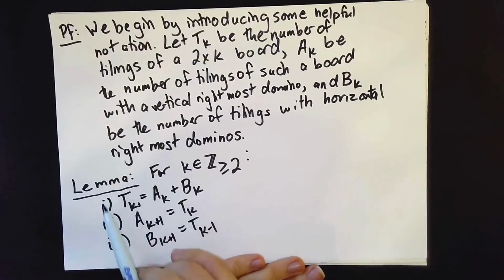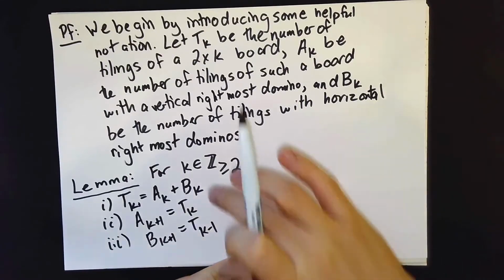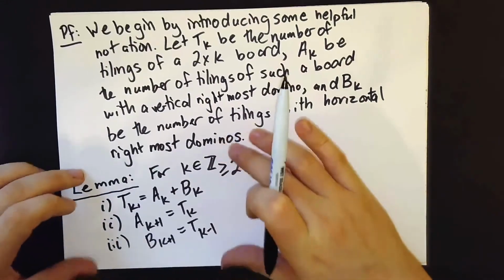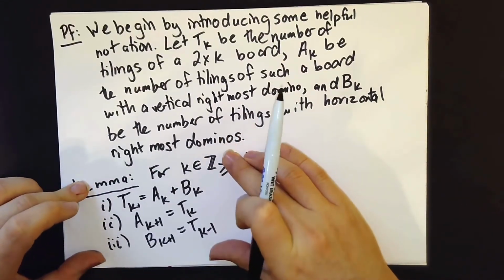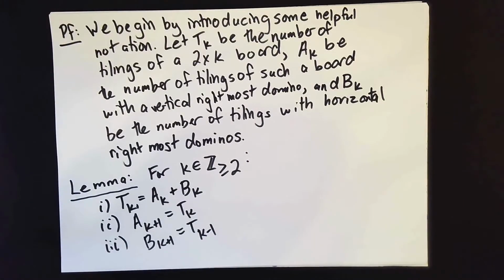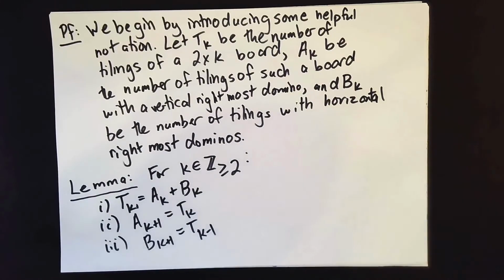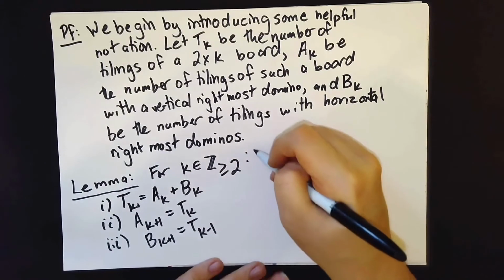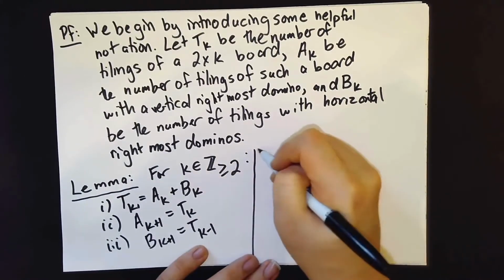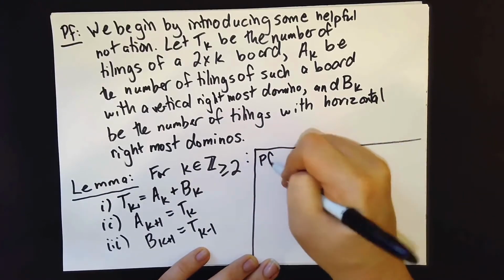And so again, we're going to write down a lemma here, which is just saying, I'm going to write down all of these pieces that I'm going to need in the proof separately, so that when I get to the point in the induction when I need them, I can just refer back here to the lemma. So of course I have to have a proof of the lemma, but fortunately